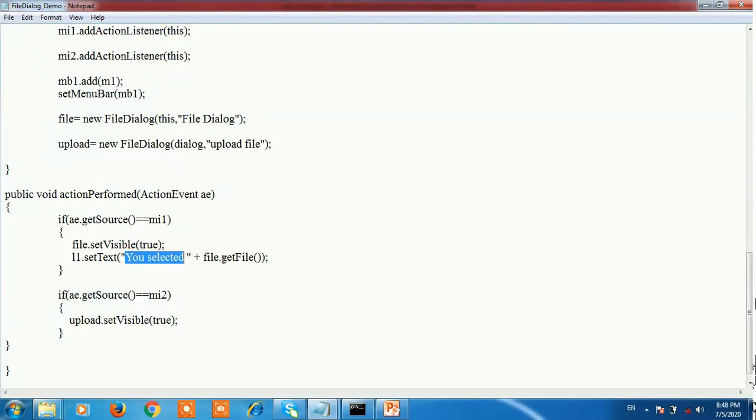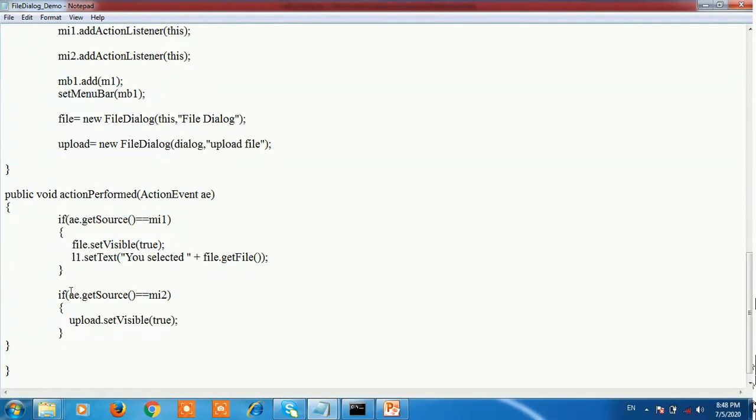getFile is used to get the particular selected file of the file dialog, and the setText method is used to set the text. So here when we click on Open File, the selected file is assigned into setText, and the getFile method simply returns the selected file of the file dialog box.